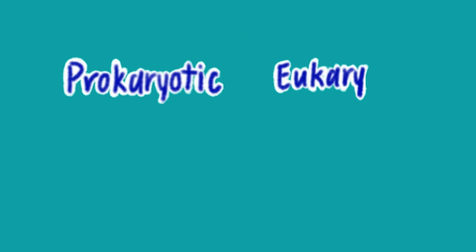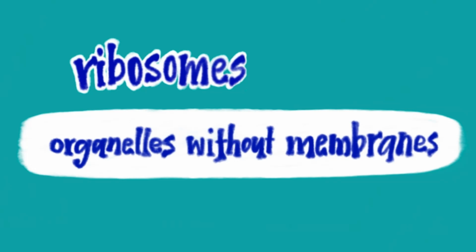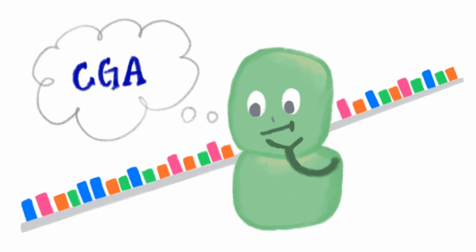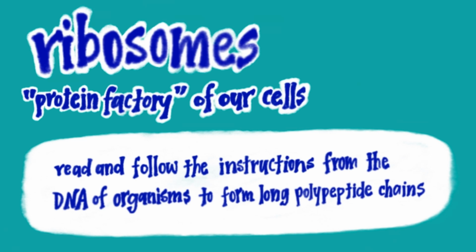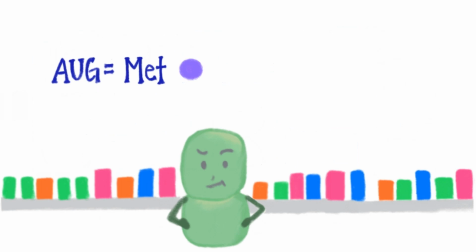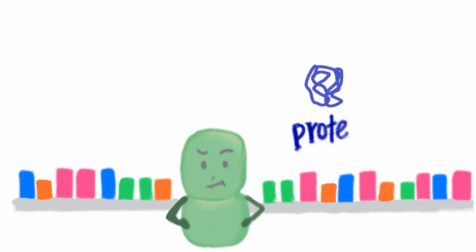But regardless of whether you are prokaryotic or eukaryotic organisms, we all have ribosomes, and this makes sense since they are organelles without membranes. Ribosomes can be thought of as the protein factory of our cells. What they actually do is read and follow the instructions from the DNA of organisms to form long polypeptide chains. Once the polypeptide chain is complete, it is disconnected from the ribosome and folded into its final 3D conformational shape